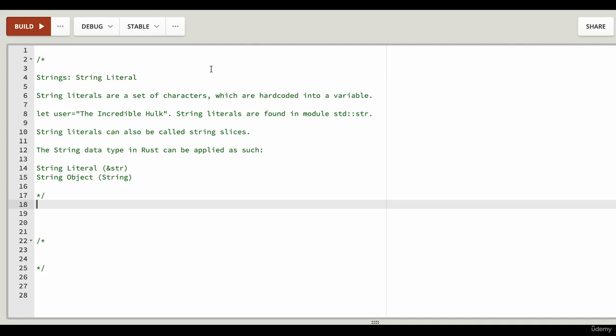Let's dive into strings in Rust. Get that coding scuba gear on and let's jump into the waters. We already looked at strings without you maybe realizing, in the very beginning when we looked at the hello